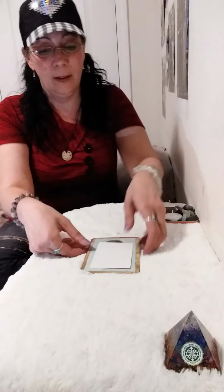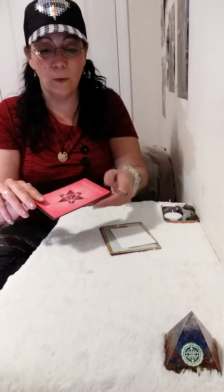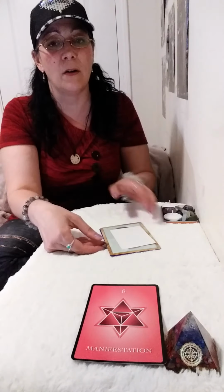Hello. So this is the collective read. There was a few cards that stuck together, so I figured, okay, it wants to come out, so I put it for the collective read. So for the collective read, we have the little tiny Oregon pyramid here. And we're going to see what it says. For numerology, there was actually 2 of them. So manifestation with number 8. 8's number of infinity. So manifestation. Okay. Manifestation of...